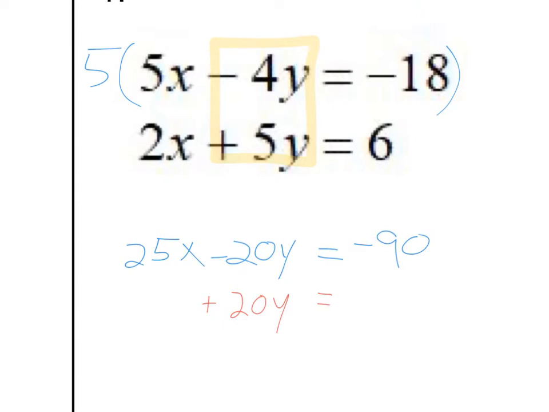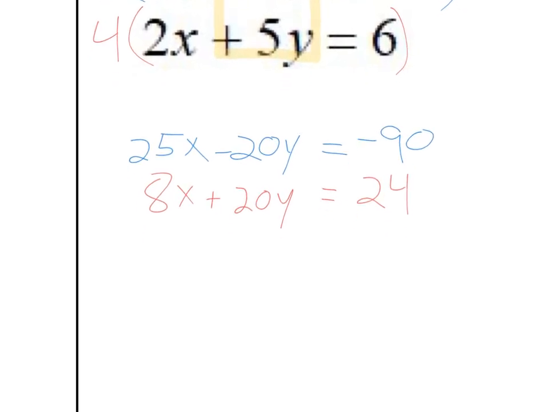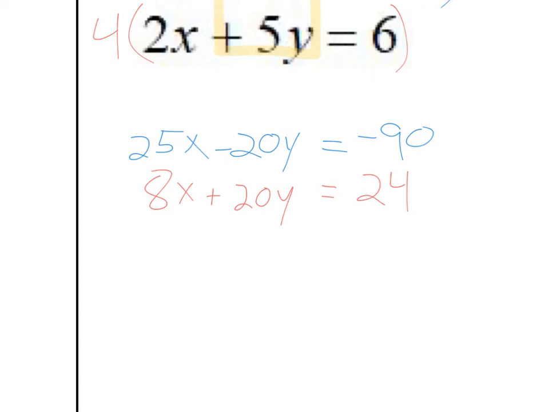Same thing for the second one. I want to figure out a way. How can I change a 5y into a 20y? I want this 5y to be a 20y. I'll multiply everything by 4. That gives me 8x plus 20y equals 24. So now what's going to happen is if I add straight down,